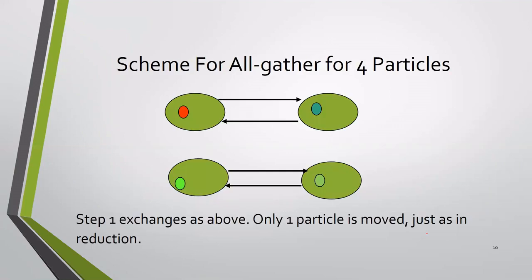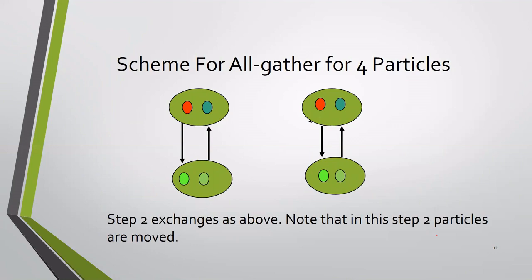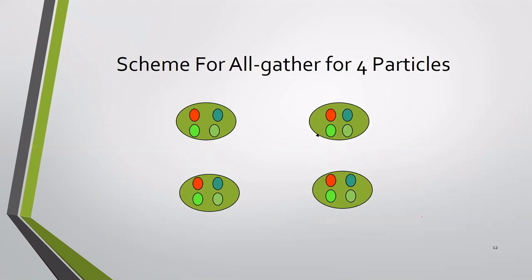Let's elaborate using an example. Here we have four particles sharing their values between each pair. After this step, each particle has two pieces of information with it, one of itself and the information about the pair. In the next step, they choose a different pair and exchange. After this step, each particle has four pieces of information with it. So with two time cycles, all of them have all the others' information with them.